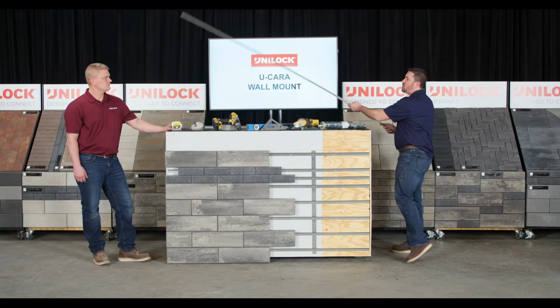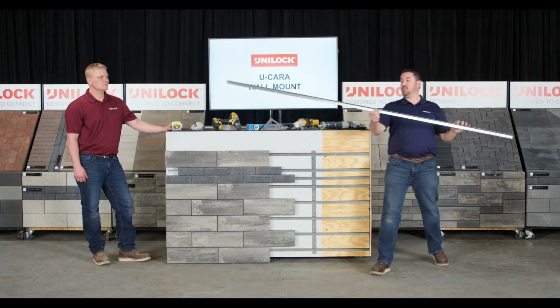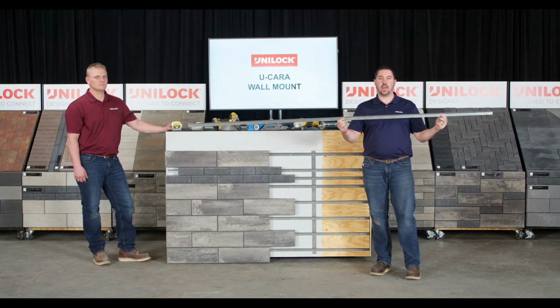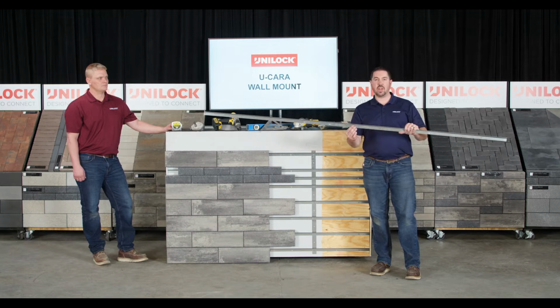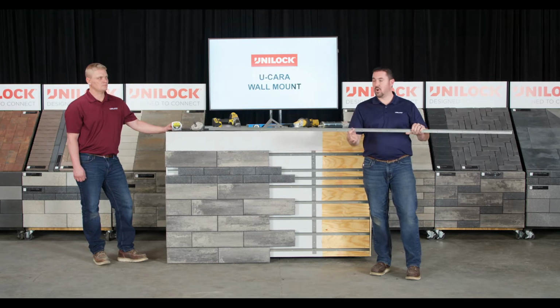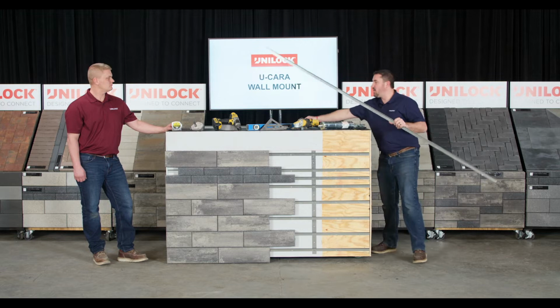So the system is comprised of an 8-foot galvanized steel rail. This is going to come in a pack of 10 when you purchase it. It's got holes punched every 8 inches for easy alignment already set up for you. The other part of this system